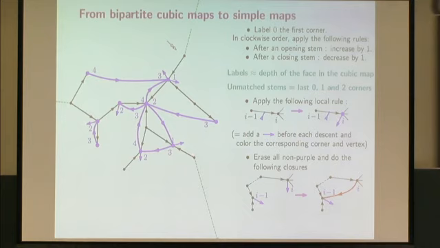Somehow, after this first ray, infinite ray here, I know that I have no labels less than 1. So all these stems labeled 1 are going to be unmatched in the end. And here it's the same after this infinite ray here. I know that I don't have any labels less than 2, so all these stems here are going to remain unmatched. To end the construction, I add 3 vertices in each of these sectors,